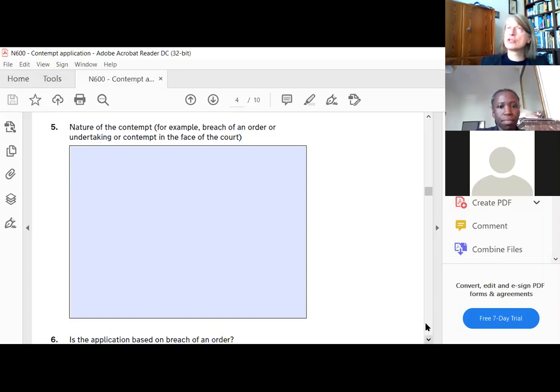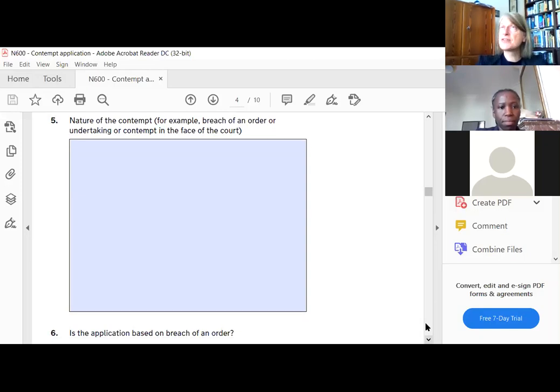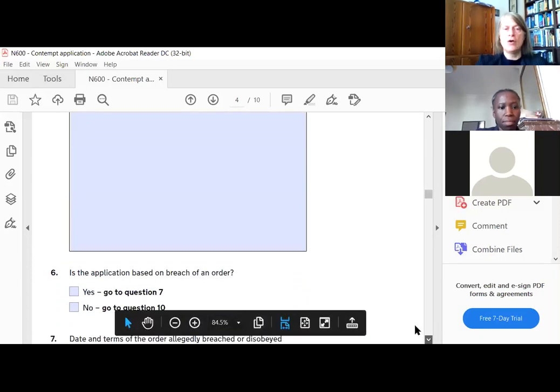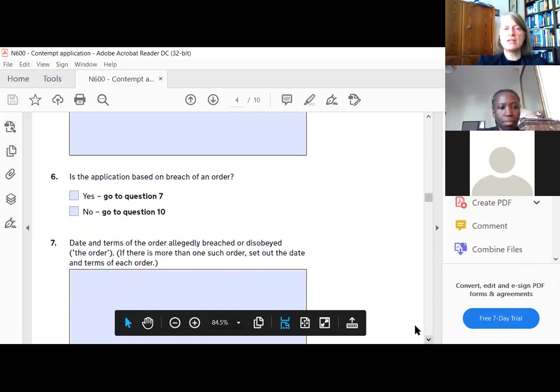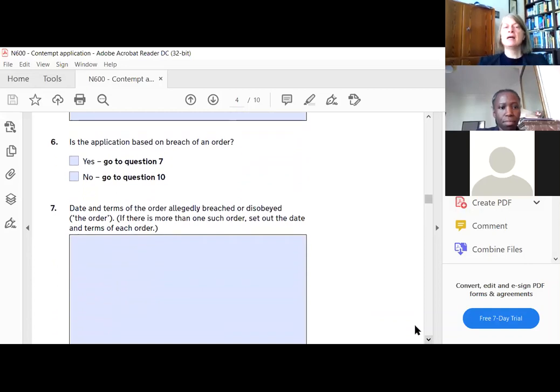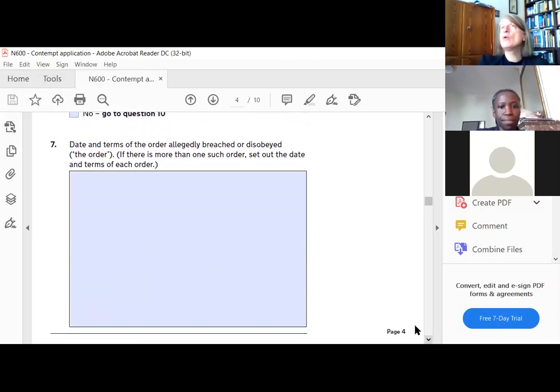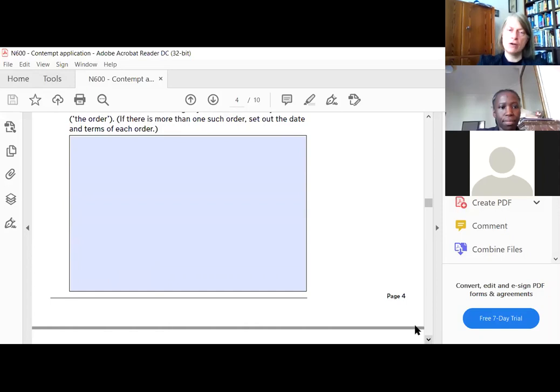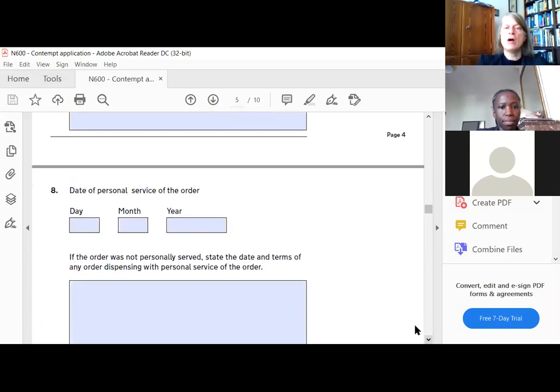I think it's very important to spend time on setting out carefully and in sufficient detail the nature of the breaches. And again, just as a reminder, box number 7, don't forget to insert the dates and terms of the order or indeed orders breached. So again, yet another reminder of the level of detail required,